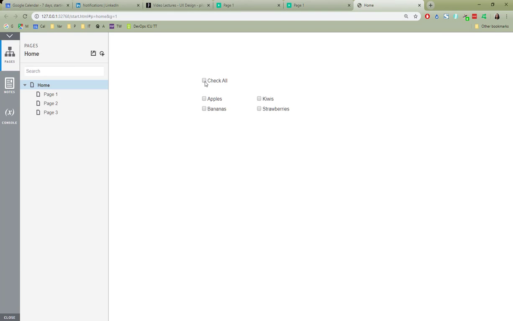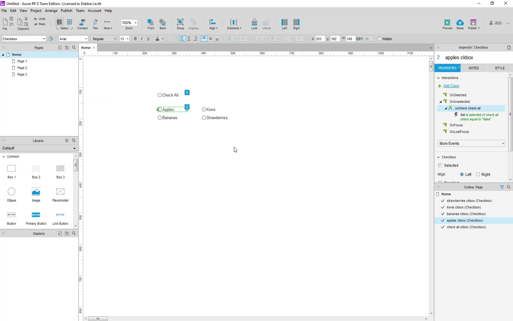So this would be checking all of them, unchecking all of them. So that works. Now if I check all of them and I happen to uncheck apples, it unchecks the check all checkbox without undoing everything else. And of course, we could build further. We could copy that case over to bananas, kiwis, strawberries, so that if you wanted to uncheck any of these, I hit copy on my keyboard, paste,